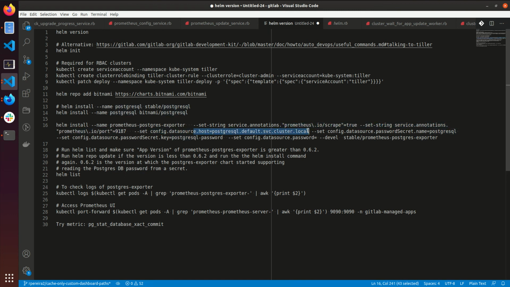These are required to tell Postgres exporter which secret contains the Postgres password, and of course this is the host. We also need this flag so that we use a development version of the Postgres exporter, since the version that added the capability of reading Postgres password from a secret was 0.6.2.